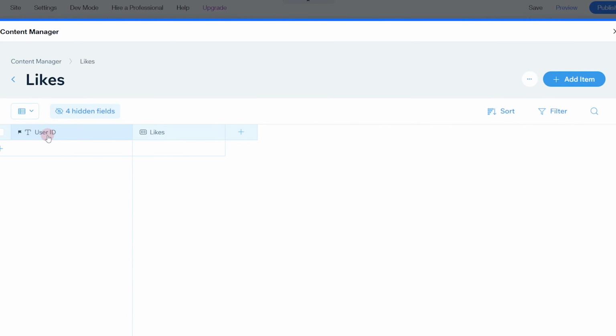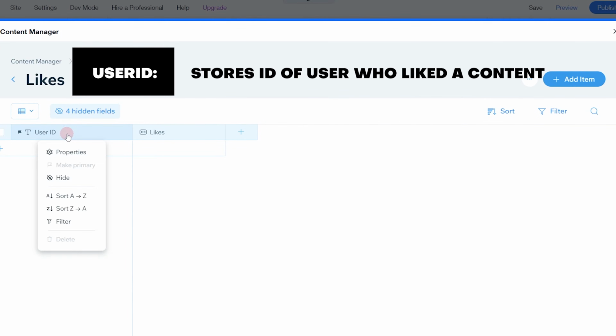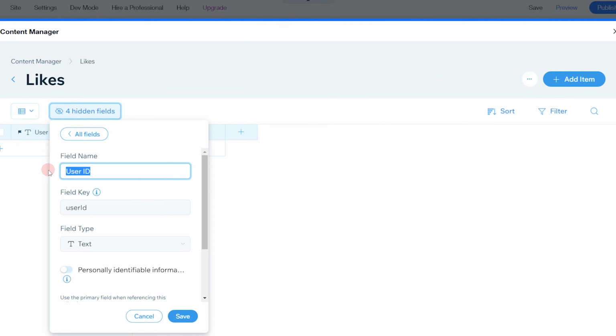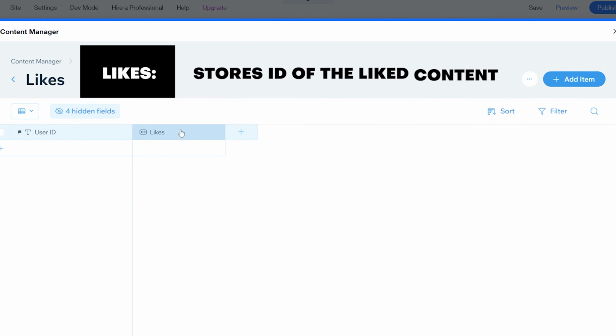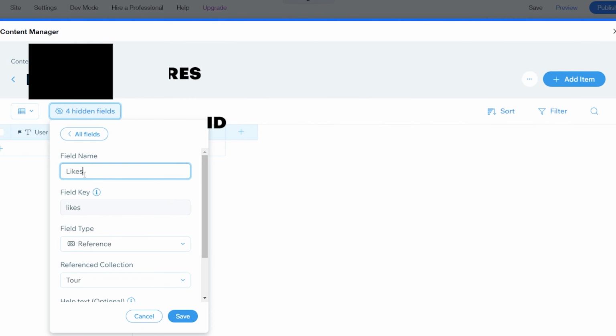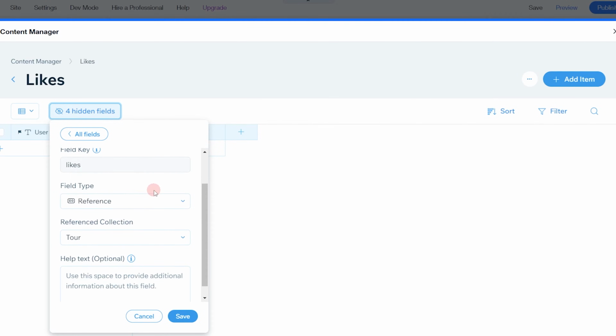The first field is called user ID. So this user ID is going to store the ID of the user who is logged in. You can use the same exact keyword that I used, and also for the likes, this is where we're going to store the ID of the content that was liked. So for this one, you can see that it is called likes, and it has a special field called the reference field, and this reference field is referencing the database that holds my dynamic content,